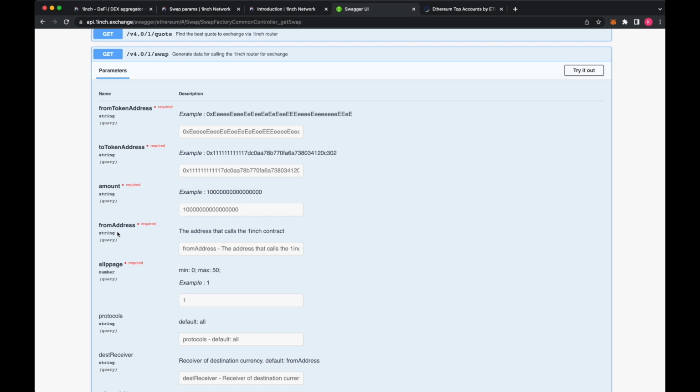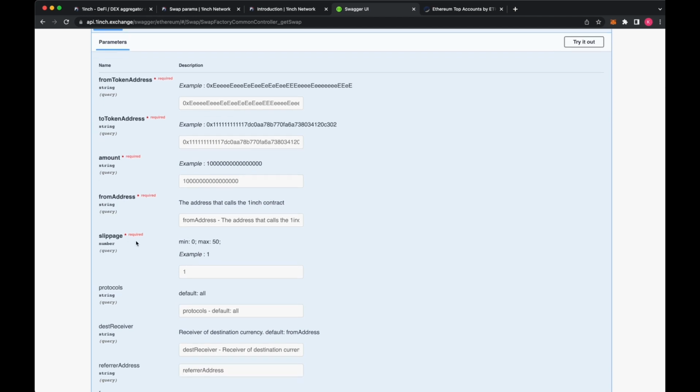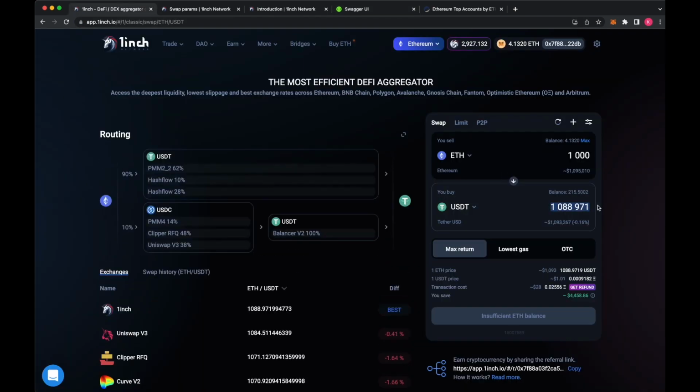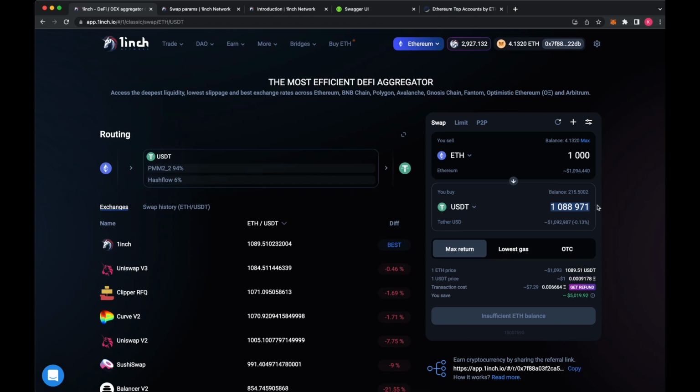From address, this is the address that will call the 1inch contract. It can be your wallet address or maybe a smart contract address if you would like to proxy 1inch call data through your contract to perform more actions. And the slippage parameter, this is the maximal percent with which you are okay to lose. For example, right now we see this amount of USDT, but when